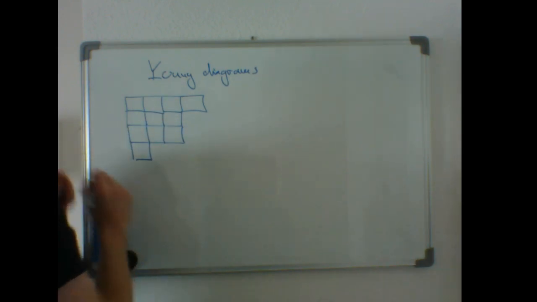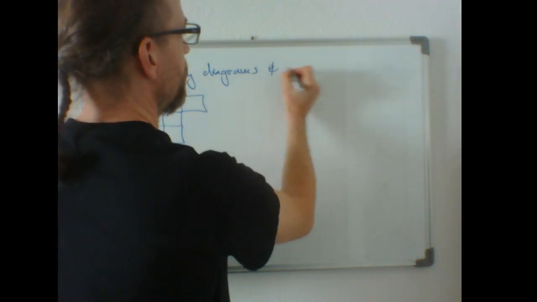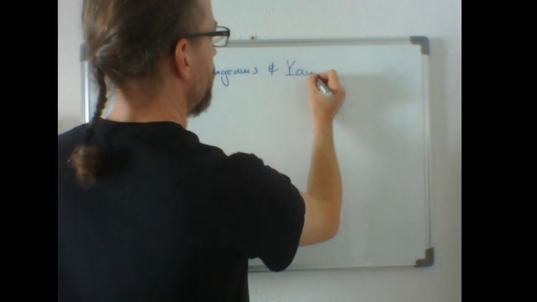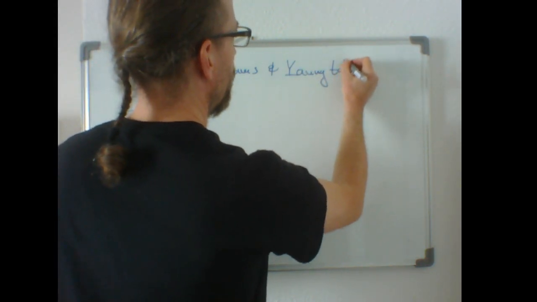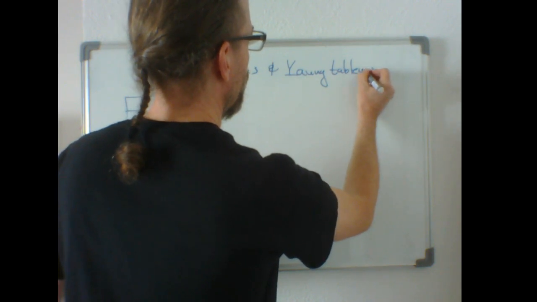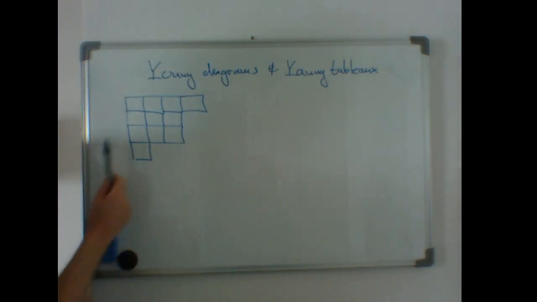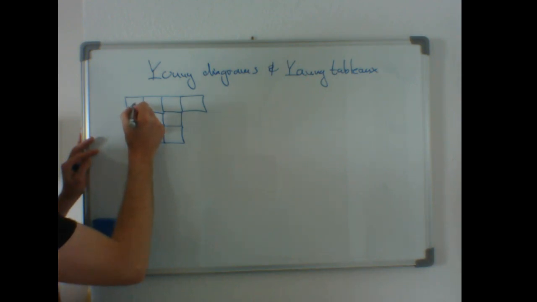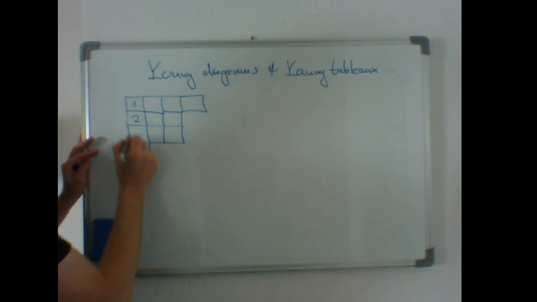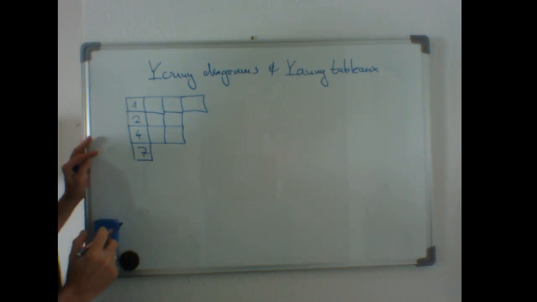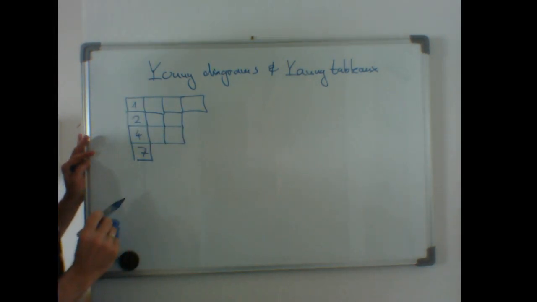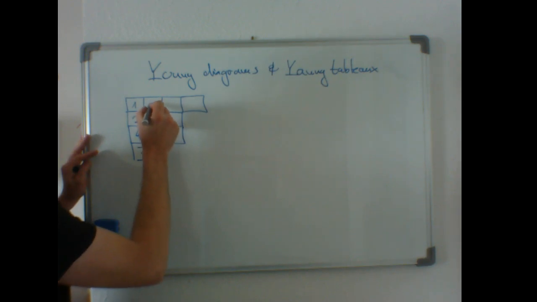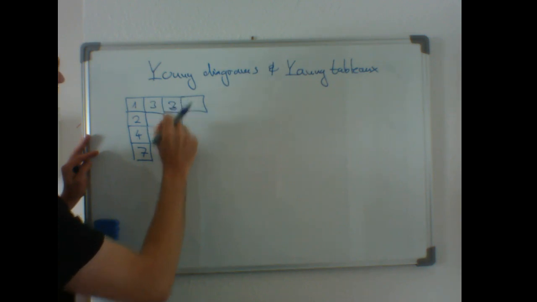Now a Young tableau is a filling of this Young diagram with numbers, and the numbers have to be increasing along columns, maybe like this: 1, 2, 4, 7, that would be nice, and they have to be non-decreasing in rows, so like 3, 3, and